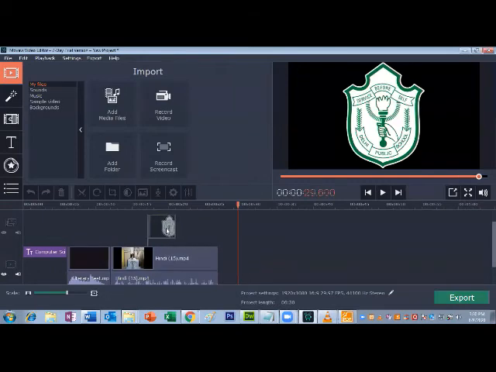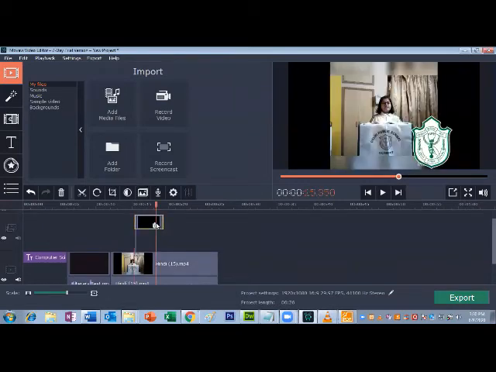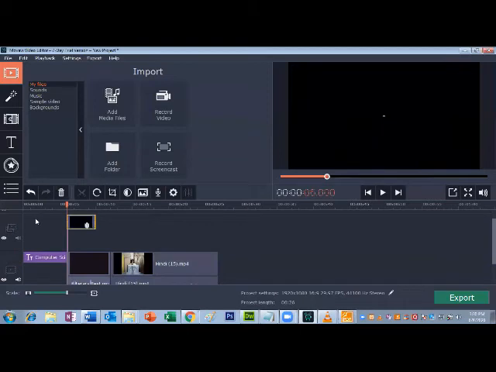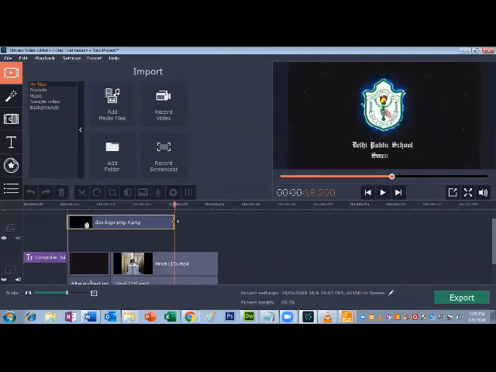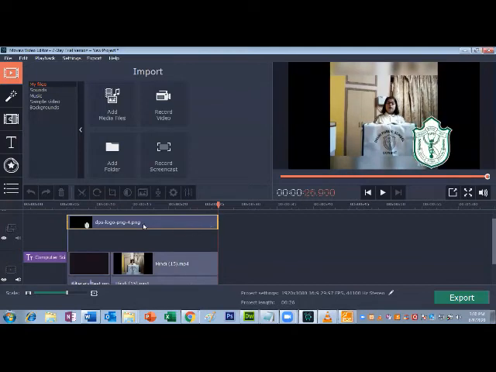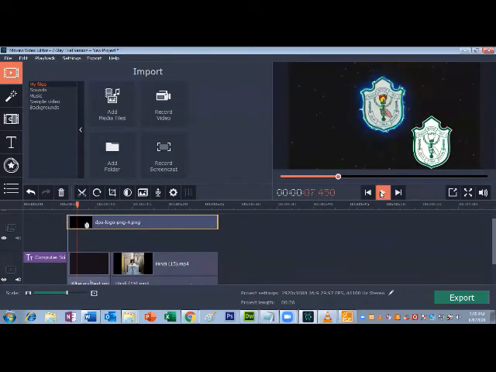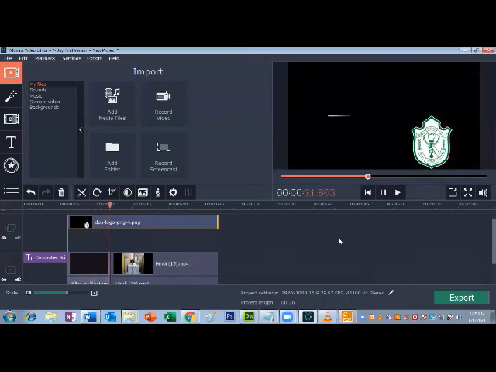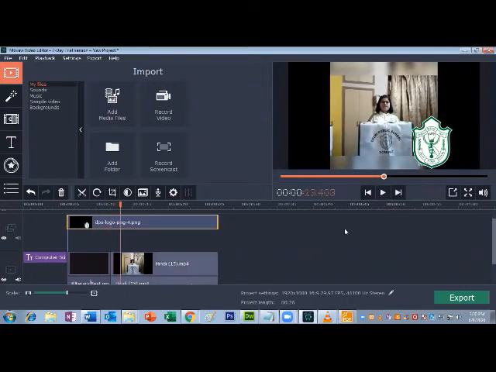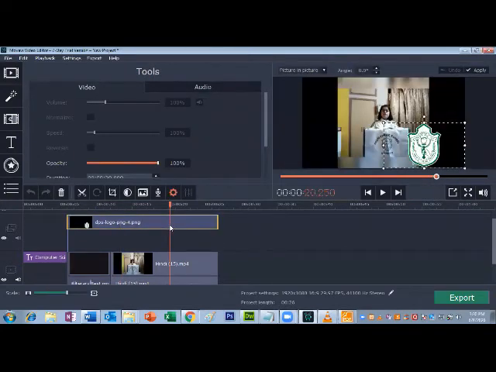So you can bring your logo to the top layer of your video clip, from the beginning, and stretch it throughout the video. So you can see this logo will be coming throughout the video. But if you want to position it properly, then again the same process, double click on the logo, and you just resize it, change the location. If you also want to type something, you can type with the help of a title.